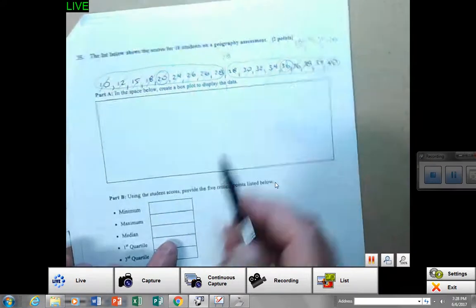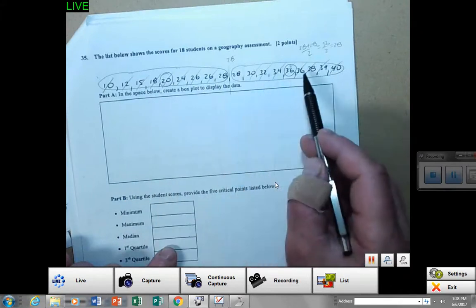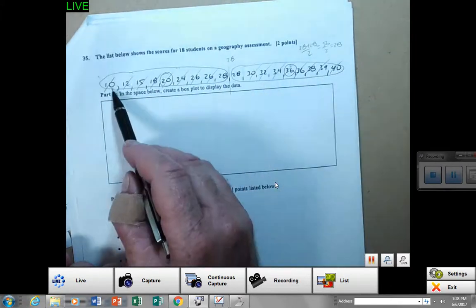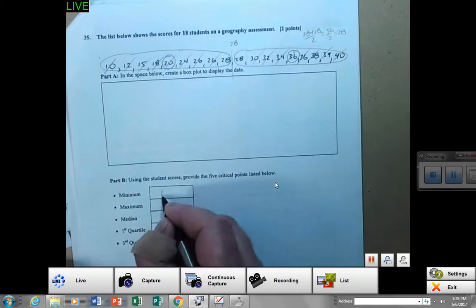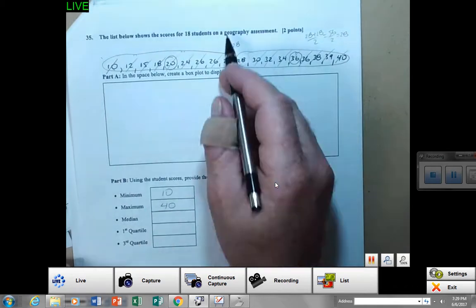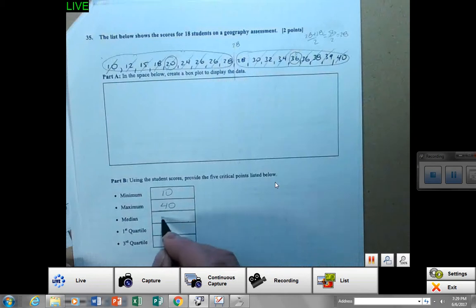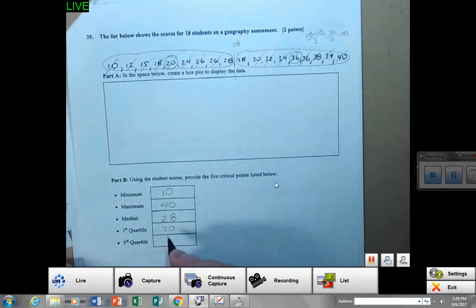I can tell I have 4 on this side, 4 on this side, 4, 4. These are the max and the min, so I could already fill in my answers. The minimum, the low number, 10. The maximum, 40. The median of the whole set, 28. The first quartile, 20. The third quartile,